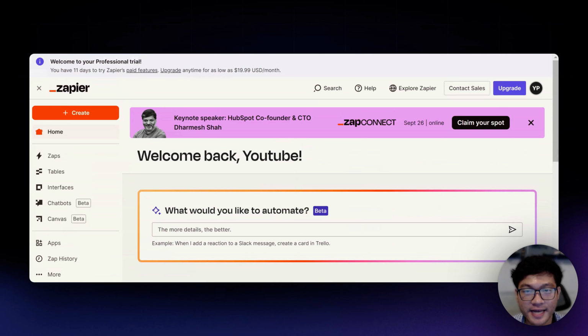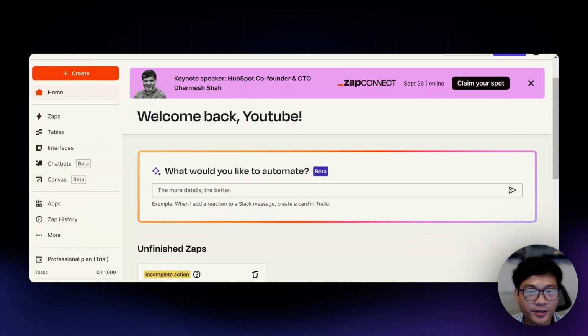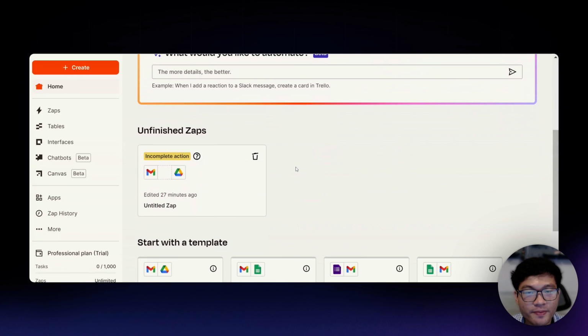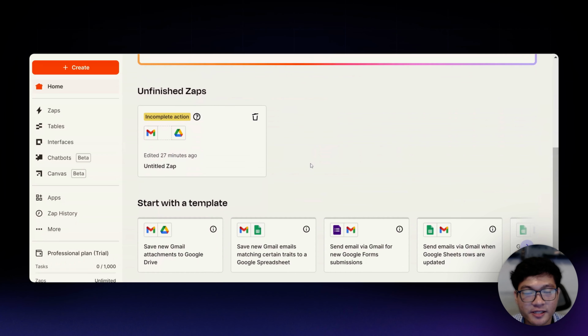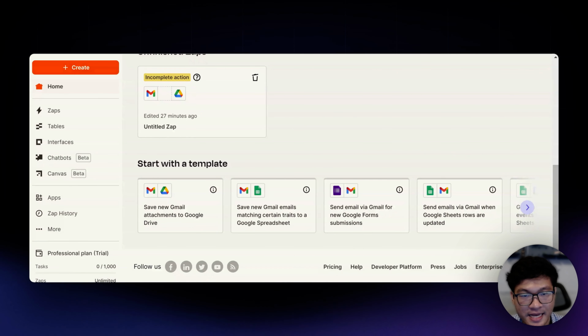Let's consider first the dashboard or homepage experience of Zapier and Make.com. Zapier's dashboard is designed for simplicity and ease of navigation. When you first log in, you're greeted with a very clean, minimalist interface. The homepage typically features a quick start section where you can immediately begin setting up a new Zap, as well as a list of your most recent or active Zaps.